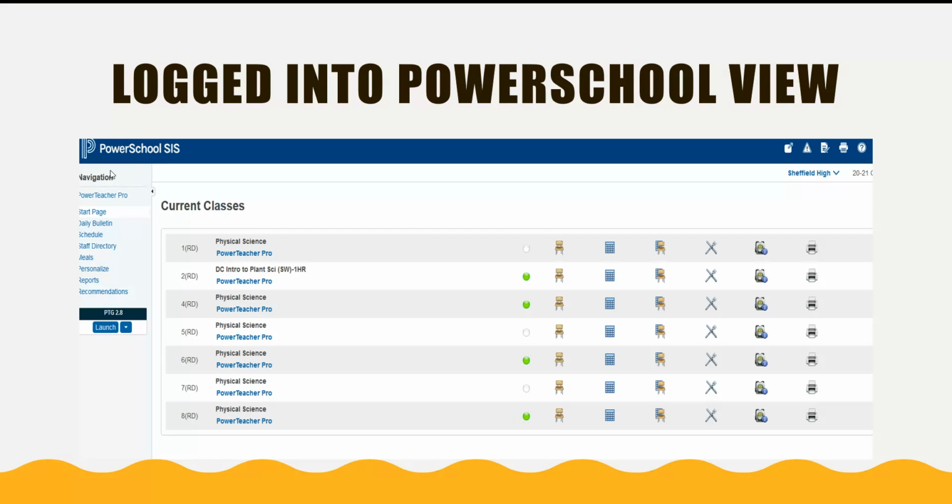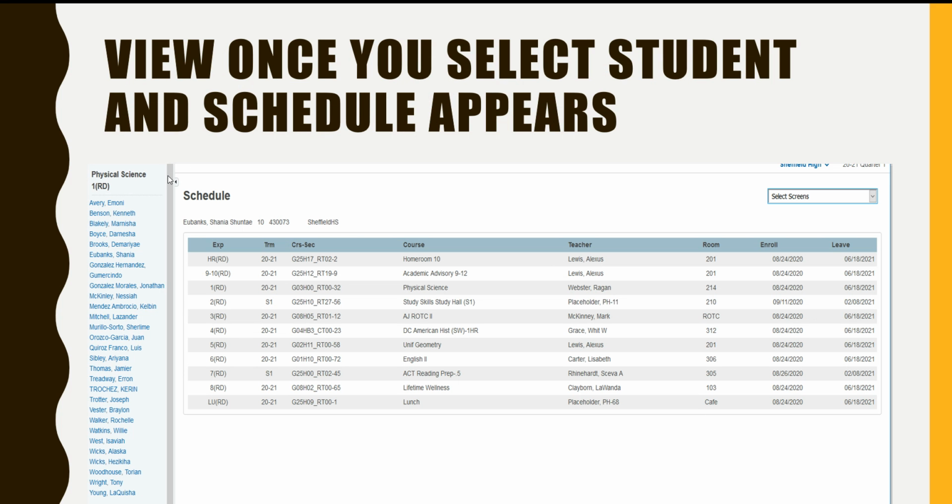When you log into PowerSchool, this is your screen that you will see. At that time, that's when you select the class period and come over and select your backpack. Once you select the backpack, the student's name will appear to your left, and then the schedule will populate once you select your student. At that time, you can share the schedule with your student to make sure they're in